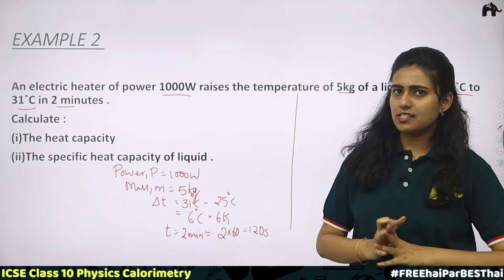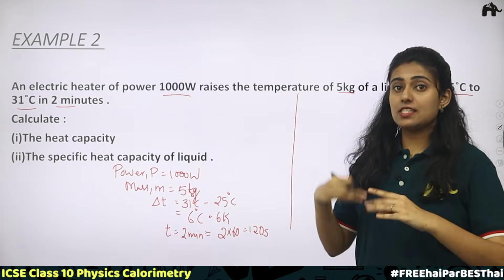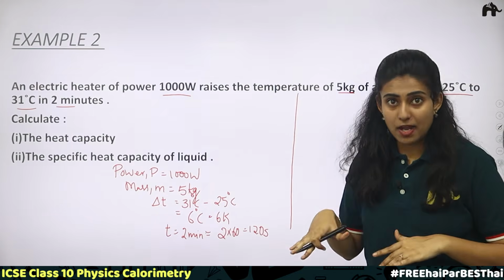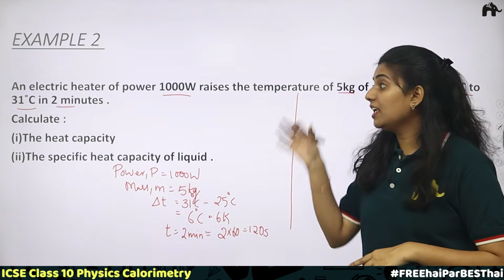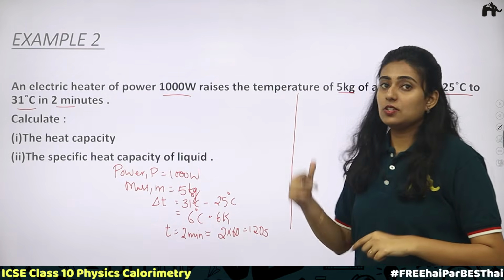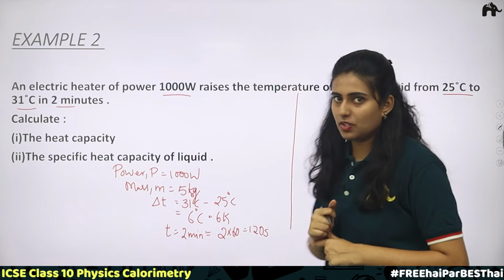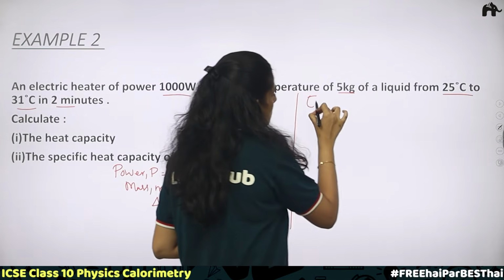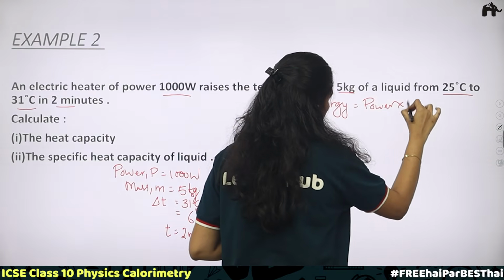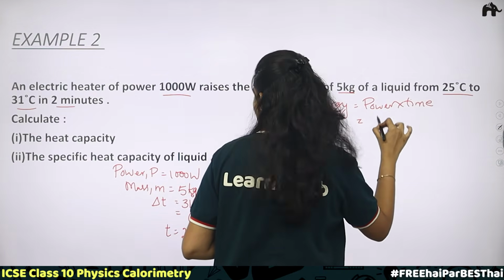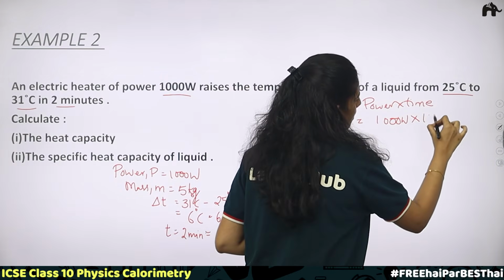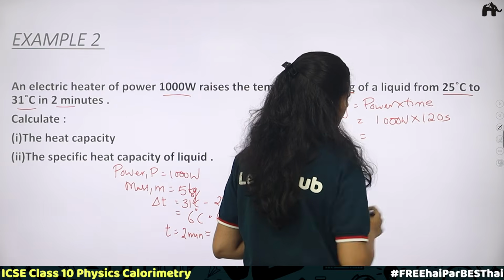How to find heat capacity? We know heat capacity is equal to heat energy lost or heat energy gained divided by change in temperature. We need to find the energy first. There is a relation between energy and power. So using this we can find the heat energy. Energy is equal to power into time. So here the power is 1000 watts into time is 120 seconds, which is equal to